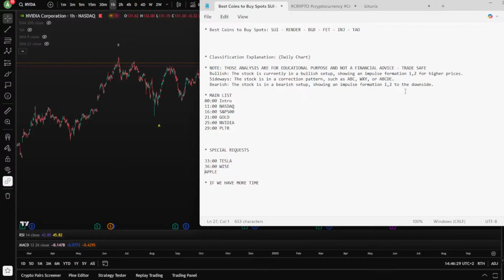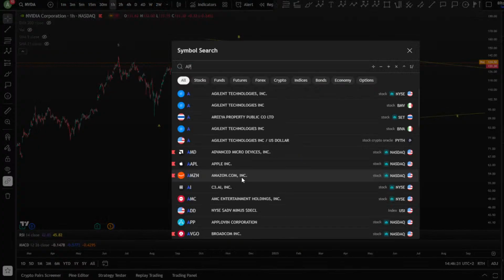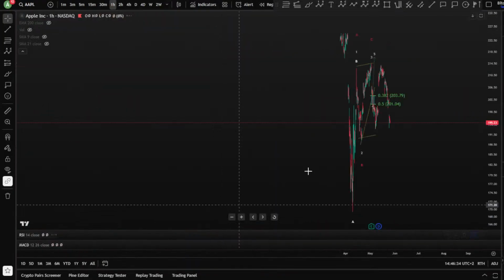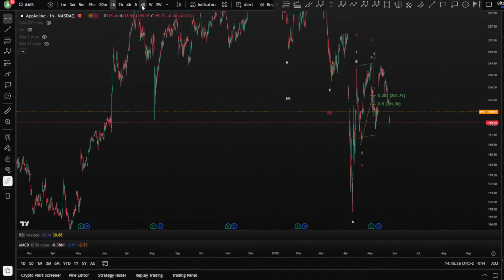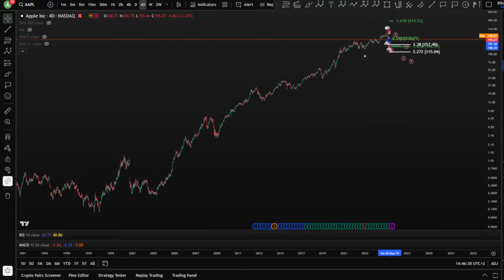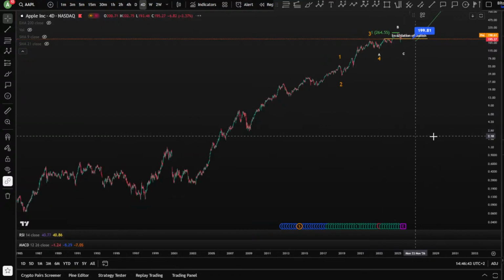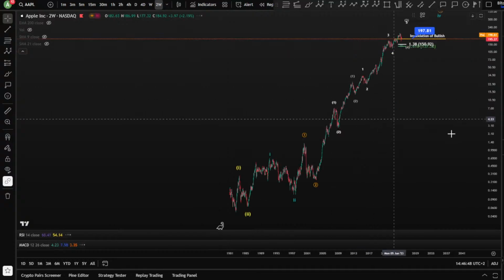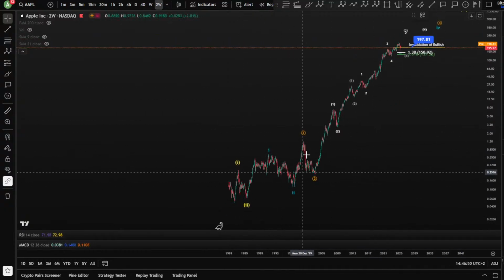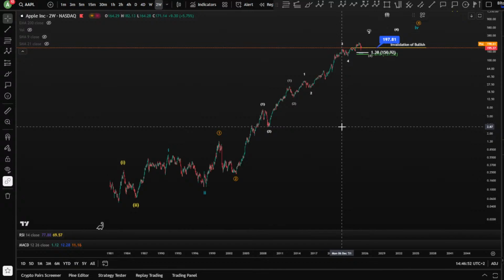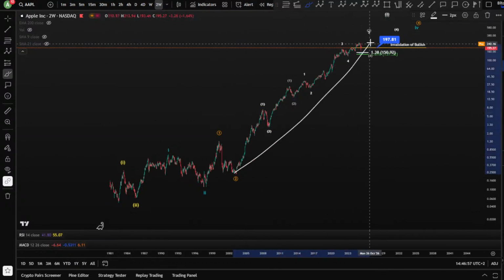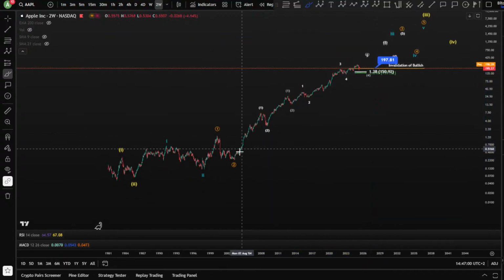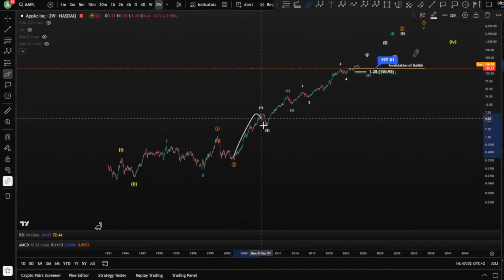All right, so Apple. For Apple, guys, on the all-time history we have, of course, potentially several 1-2s. We have 1-2, 1-2, 1-2. And then, inside your wave 3, which is a massive wave 3 toward the upside, you have, of course, triple 1-2s again. It's a giant chart.